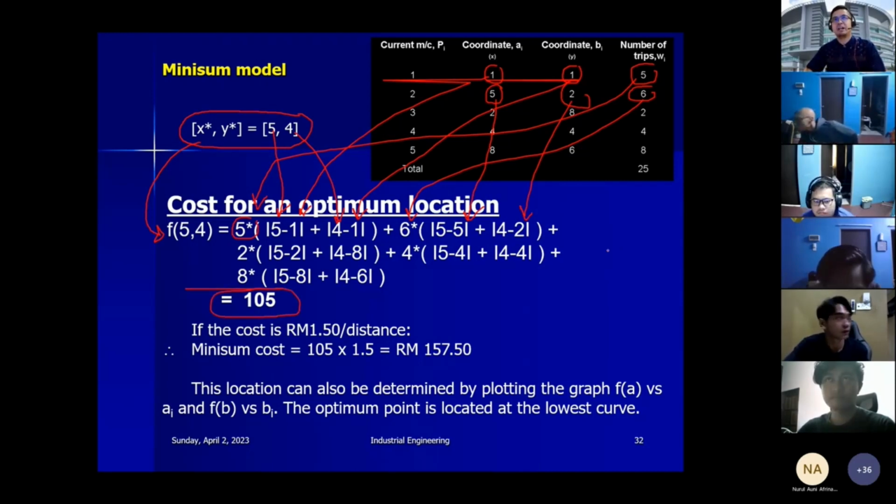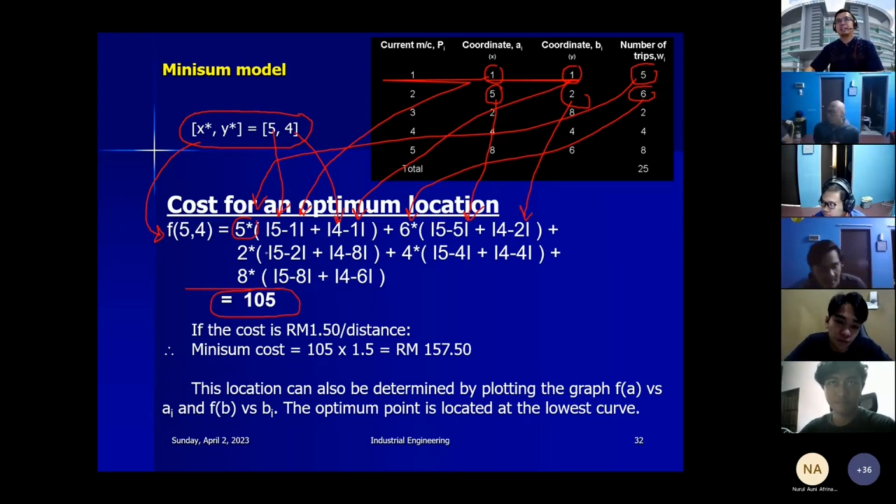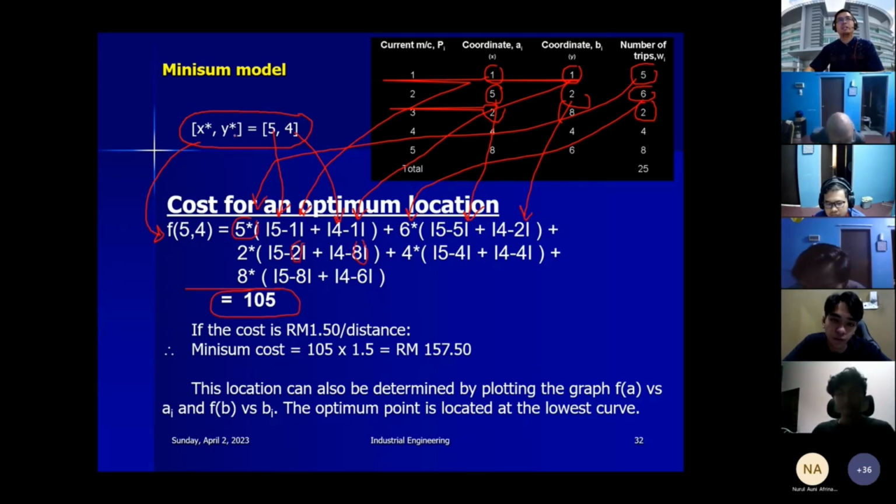Okay? Any questions so far regarding how we calculate the cost of the optimum location? Any confusion between our calculations, which one we want to locate the optimum location? So this is based on our formula. If double check, the coordinate for the AI is 2, the coordinate for the BI is 8. So please, 2 here, 8 here. How will you get 5 and 4? Based on our new optimum, X star and Y star. So we will get 5 and 4 here until the rest. So we will get the cost for optimum